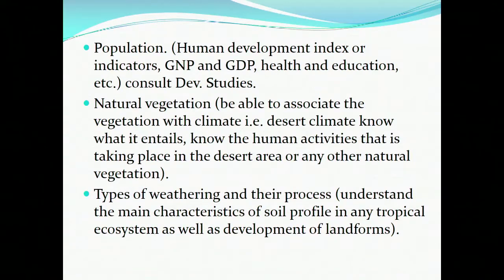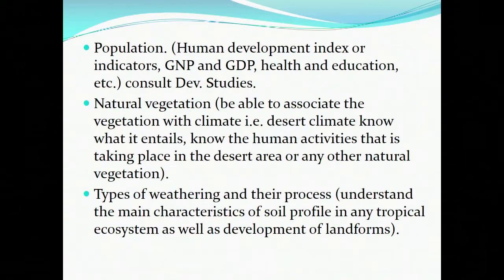That means you have to look at the adaptability of the animals that you find in that specific area, as well as the adaptability of the vegetation. How do they survive in relation to the climate that they live in? How do they adapt, in short? So again, you must also take note of the human activity taking place in those specific areas, and make sure that